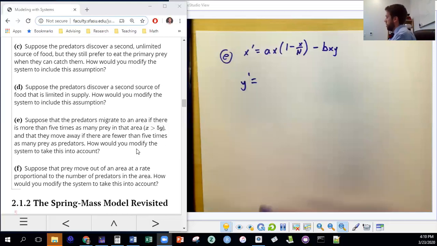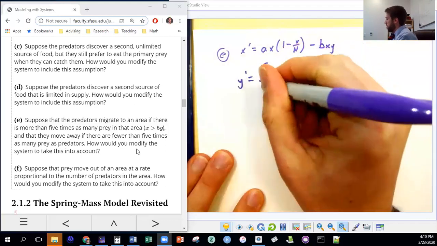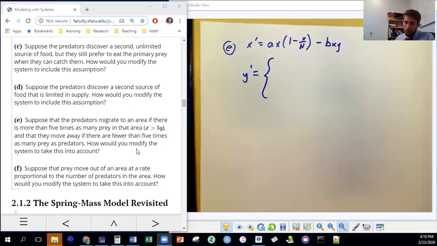So in that case, we're going to have two possibilities. So we either have, if there's enough prey in the area, then